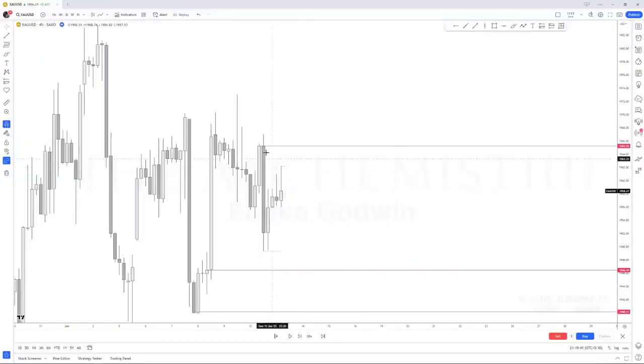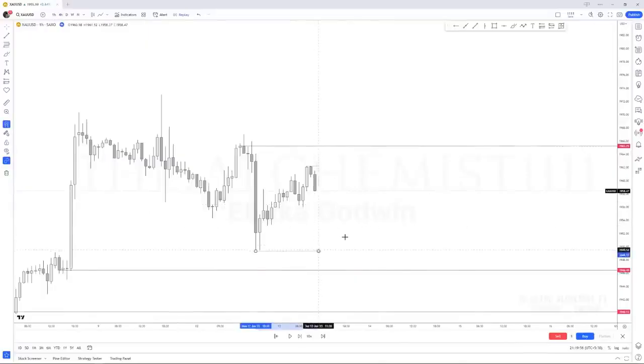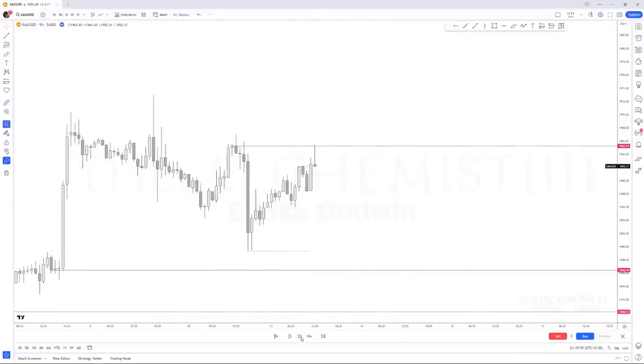Look at this. Now this resistance becomes the high probability one, right? Because why? We have this Asian high below it. We have all that stuff as well. So I did sell it here, and I wanted to target all the way down here. Got stopped out at break even. Let me show you. It did this,